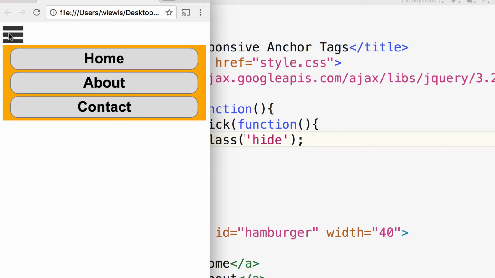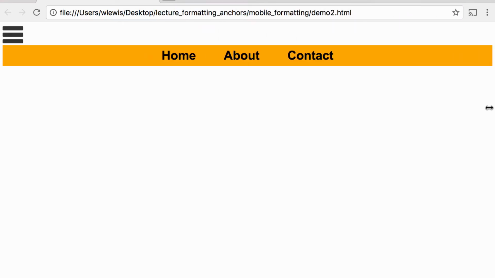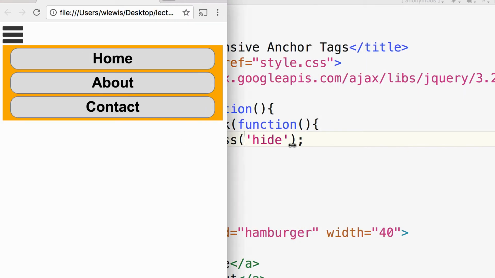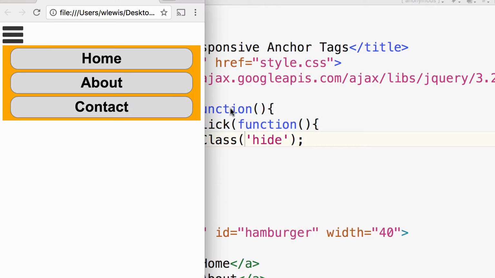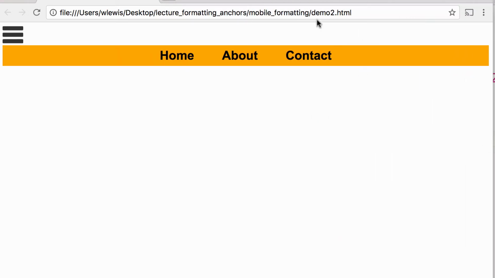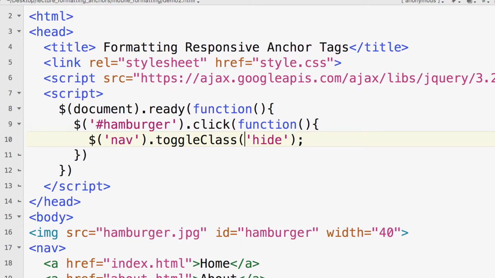So that part's working pretty well. I only have one last thing to do, and that is to get rid of this on my large computer version. I want it to show up on the smartphone version, but not here on the computer version. So what I'm going to do is go back to my CSS,